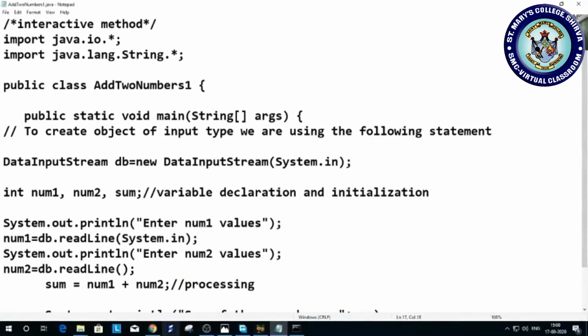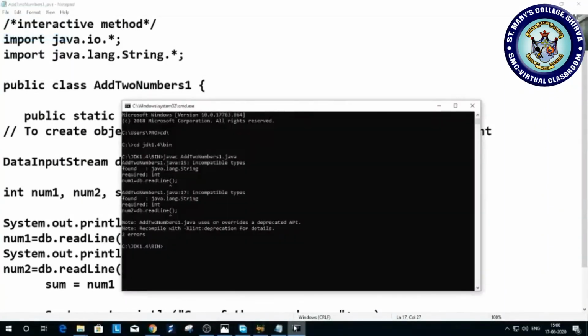Here also System.in. I'll save it, come here and once again compile.